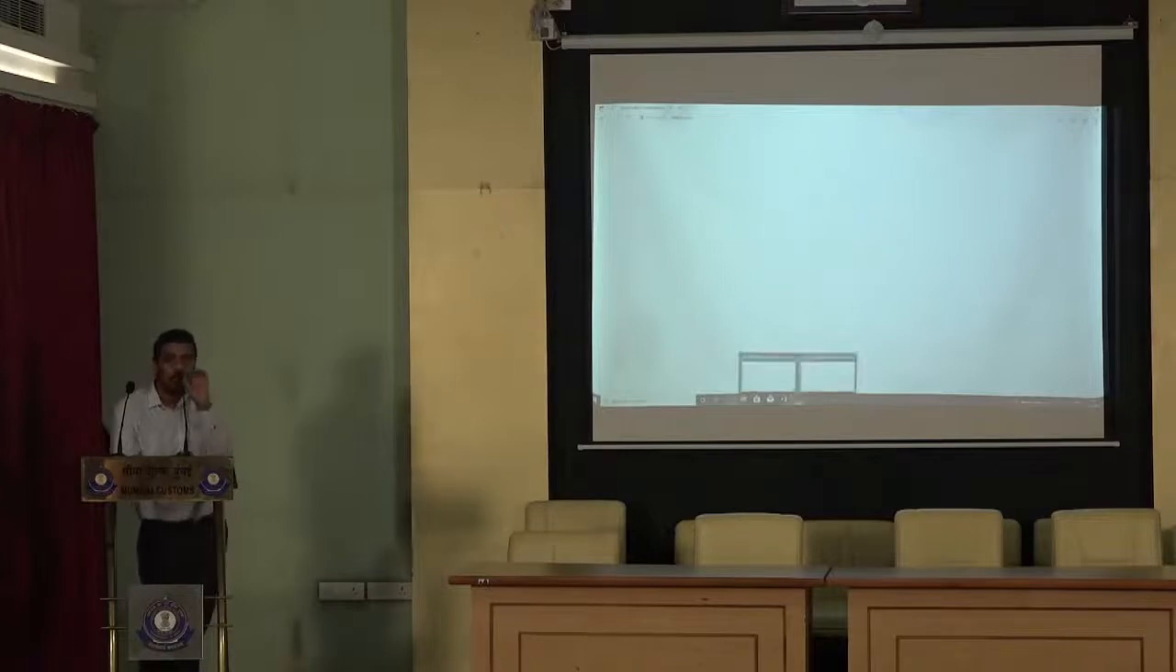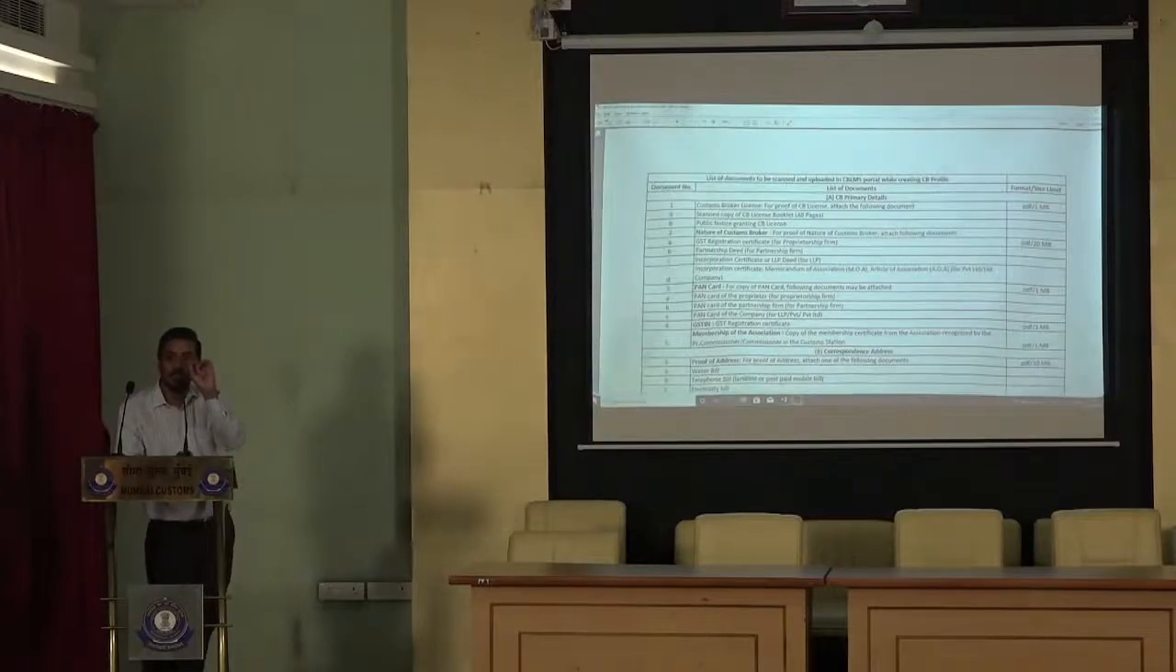Okay, so format is whatever format, either that copy needs to be in PDF or that copy needs to be in JPG format, that copy needs to be in JPEG format, whatever format the copy needs to be,